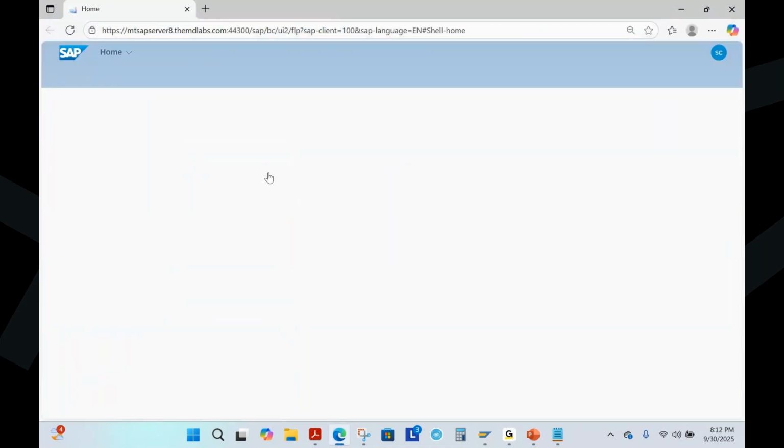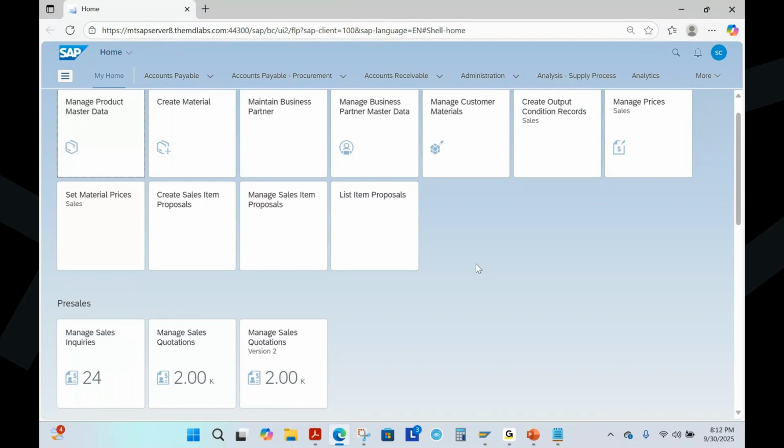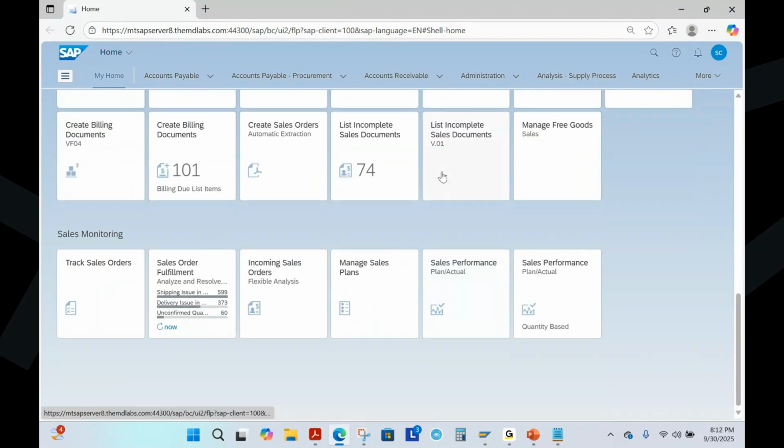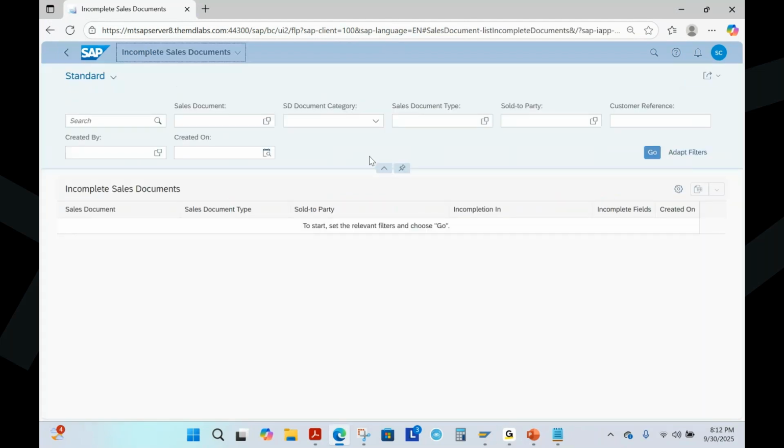In Fiori also there is an app. I'm going into Fiori. Okay. So I'm in the Fiori. So here you have this one, list incomplete sales documents. If you click on that, okay, you will get this one. You can see the incomplete documents through various criteria. Suppose let's say I want to see